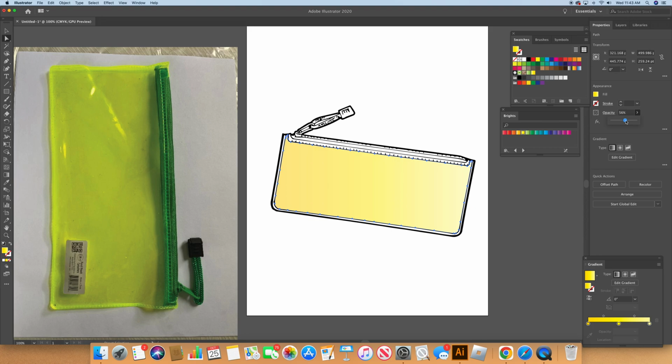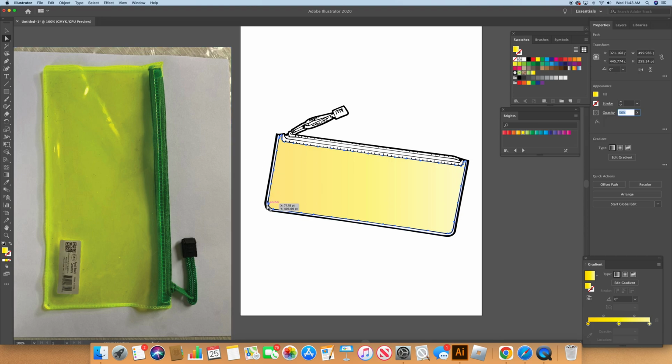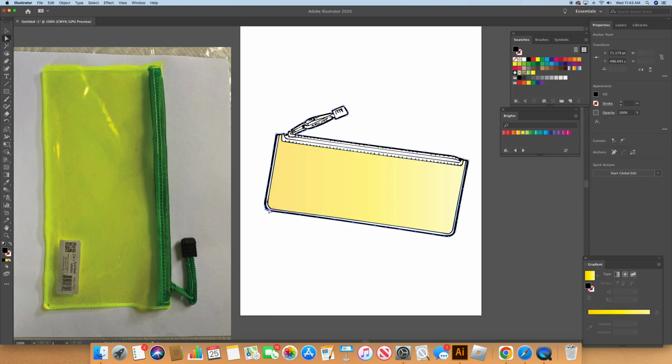Now, when you're doing something that looks like this, you can actually go ahead and layer it, which is kind of fun. You'll notice one thing, you can see it here, the edge or the heat seam here always winds up looking, for some reason, a little bit brighter than the rest of the bag. So what we're going to do, let me see, we're going to grab that and we're going to put in, let's see